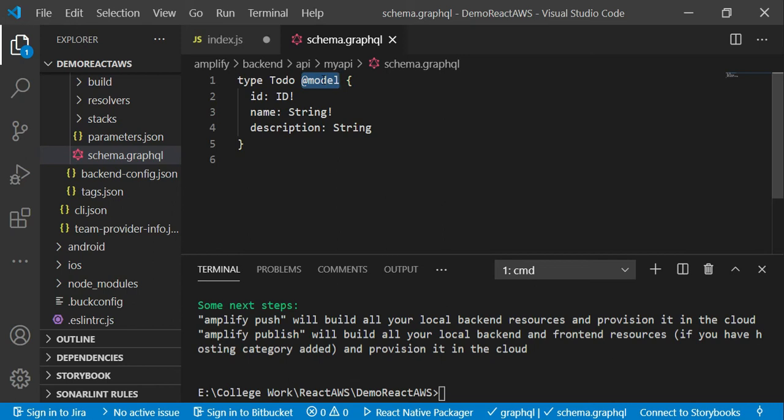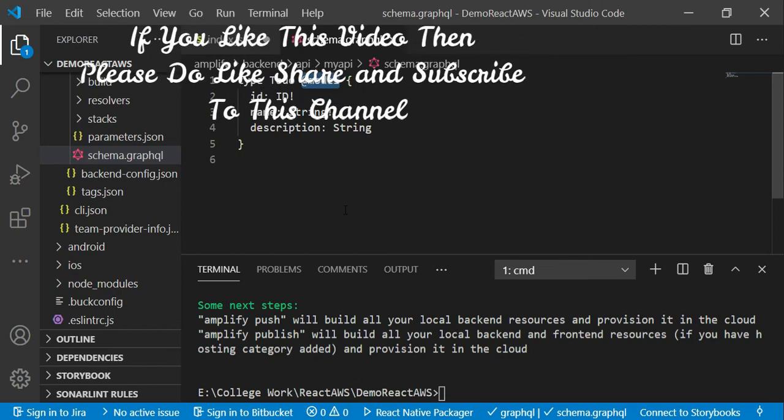Now what this particular library, the GraphQL Transform library, provides is custom directives which we can use in our schema. That allows us to do things like defining data models or setting up authentication and authorization rules, or it will also allow us to configure serverless functions as resolvers and many more things. So that's why we require the GraphQL Transform library, which we have already installed in our previous session.